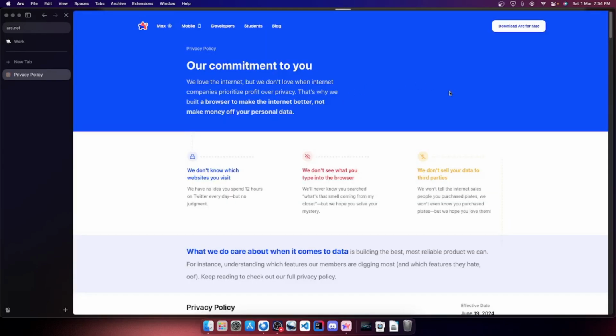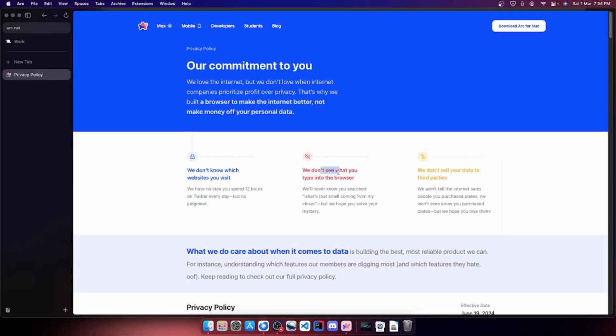So privacy policy. Our commitment to you. We love the internet, but we don't love it when companies prioritize profit over privacy. That's why we built a browser to make the internet better, not to make money off your personal data. We don't know which website you visit. We have no idea you spend 12 hours on Twitter every day, but no judgment.